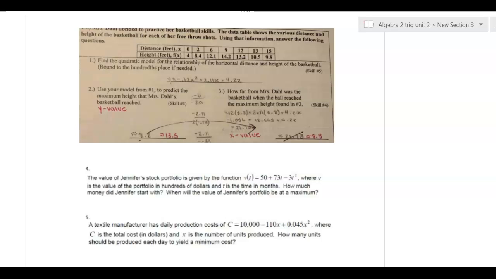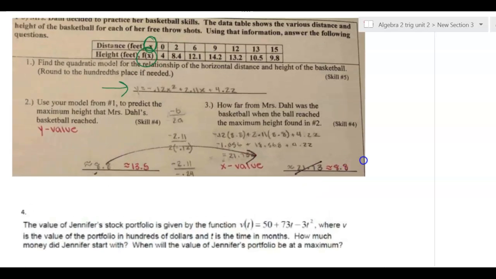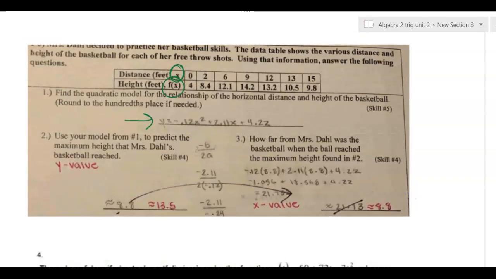So in the table, they labeled x and y, which is why I think it was probably simple for you to come up with your equation. You knew what to put in for x and you knew what to put in for y. But then when you read what's happening, it says that the data table shows various distances and heights of the basketball for each of her free throw shots. So I have to understand that the x is the distance horizontally that the ball is going, and that the y